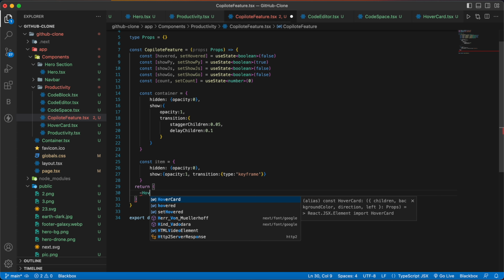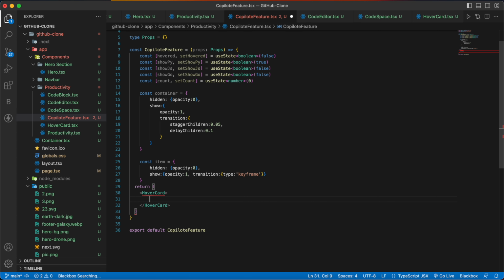So first we are going to use our hover card. Now it will take some values. So first value will be background color, and inside that we are going to pass 7. Then I'm going to pass the direction and then left. So left will be 0, direction will be empty. And then inside hover card we are going to have a div with a class name of